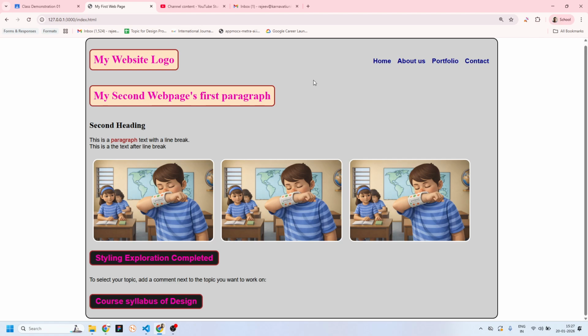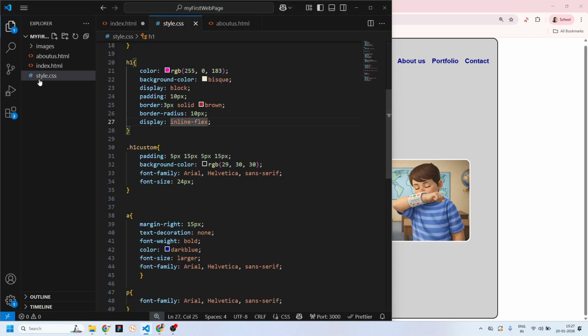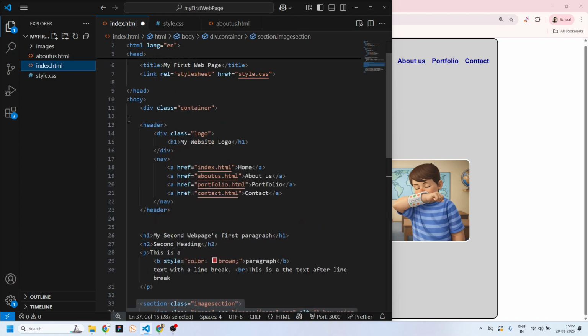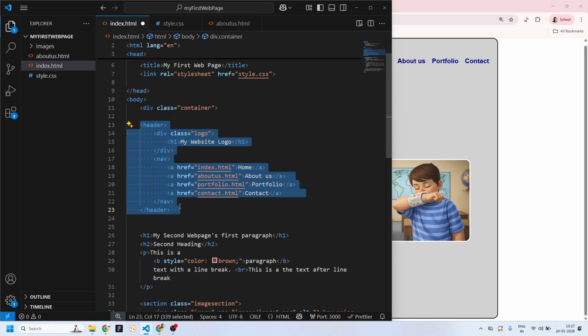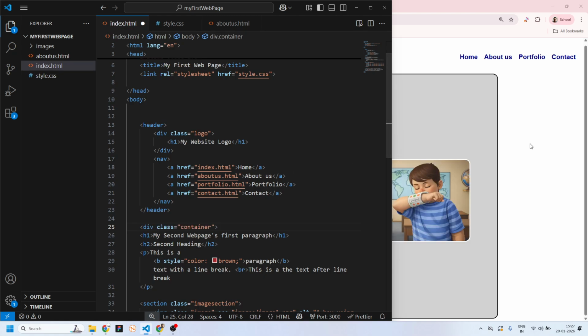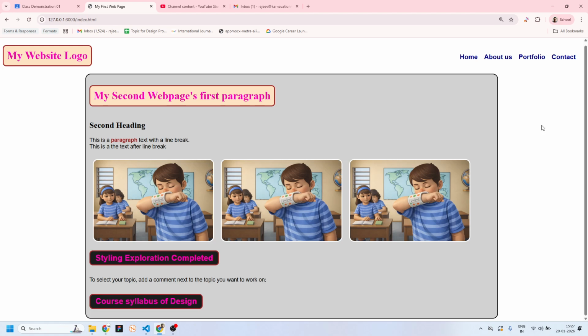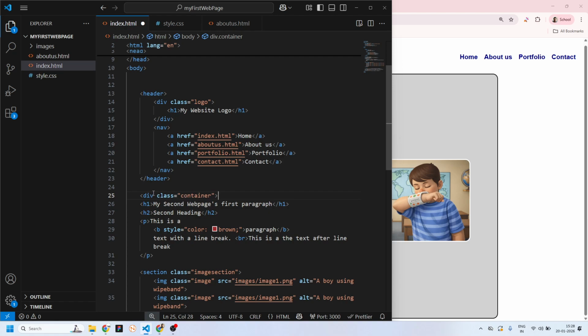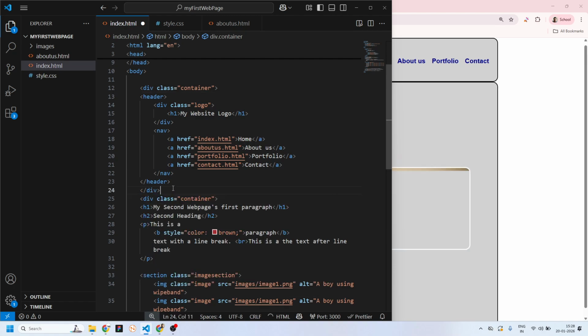I want this navigation to go above the gray box, is it possible? कैसे कर सकते हैं? कोड में चले, इंडेक्स में जाएंगे, क्या उठाना है मुझे? ये पूरा हेडर सेक्शन उठाना है ना। उसकी जगह पे मैं सिर्फ ये नहीं कट कर लूं यहाँ से और यहाँ पेस्ट ना कर दूं। ठीक है, लेकिन अब क्या हुआ, भाग गया दोनों, ये तो गड़बड़ हो गई, क्या करें फिर। देखो इसको ठीक करने का तरीका बताता हूँ। अब जब ये एक कंटेनर है तो मुझे सेम कंटेनर यहाँ पे भी चाहिए, और यहाँ पे एक डिव क्लोज कर देंगे हम।